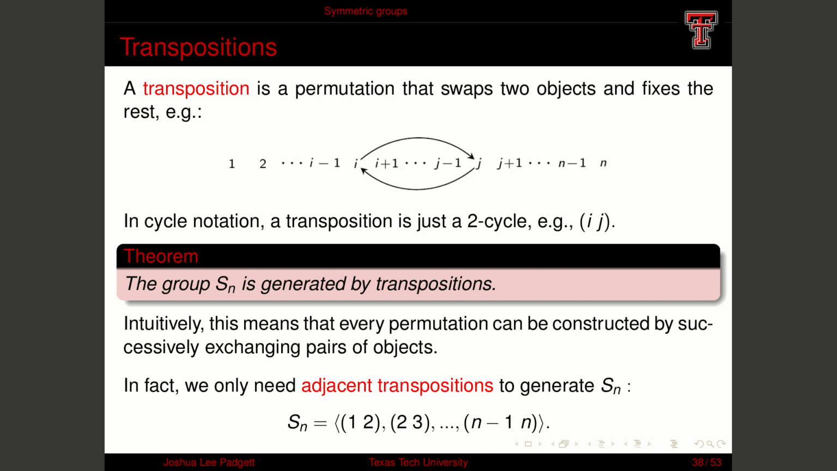For any of you who have taken a computer science course and written a sort algorithm, this is exactly true, because every unsorted list can be sorted by performing simple swaps. In fact, we only need the adjacent swaps to generate the entire group. If we want to generate the symmetric group on n objects, we can simply consider all the pairwise, meaning neighboring, swaps, and if we do all of those in appropriate orders,